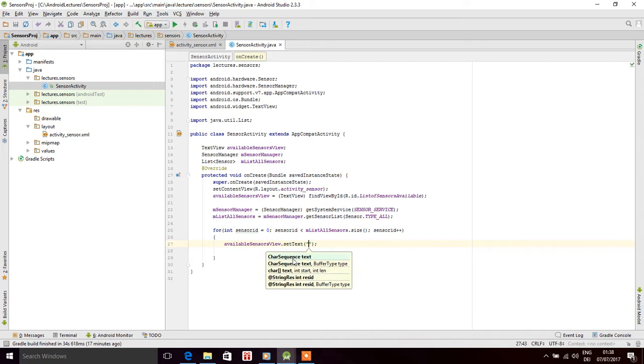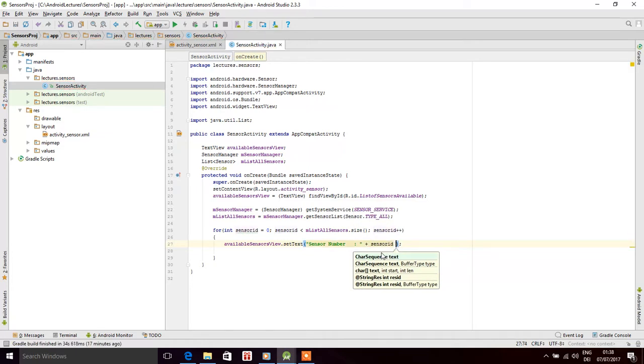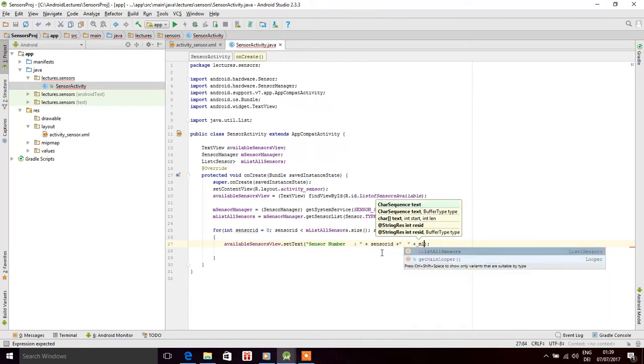let's have this sensor number, and then we have this semicolon, and then we can use plus sensor ID, and we can again use plus a space, and then we use our mList sensor